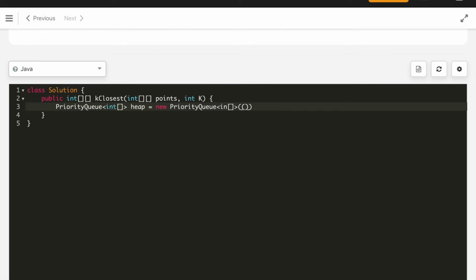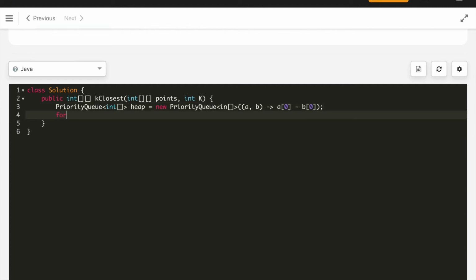I am doing this with lambda expressions in Java 8. So we will get 2 point pairs, A and B, and we just have to compare only the distance: A of 0 minus B of 0. So this is our priority queue, a min heap.